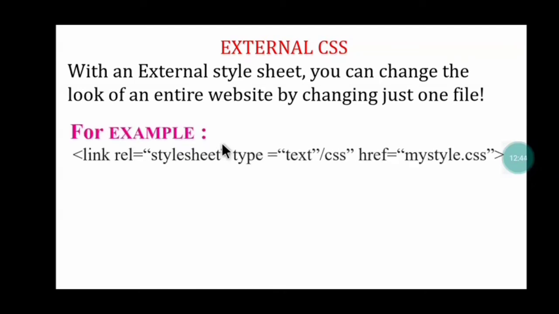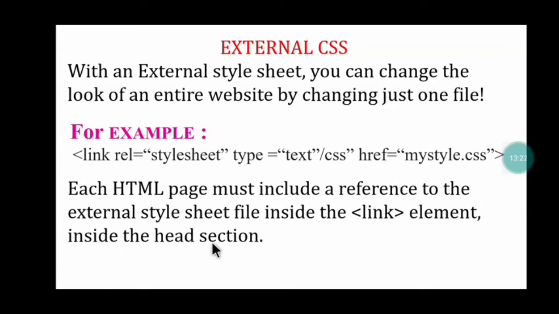You see the example now. For example, angular bracket link rel, we are going to use a link tag and the rel attribute, relation attribute, equals stylesheet, type equals text/css, because we are going to create a CSS file. href equals mystyle.css. This mystyle.css is an external file, because the external file has all the code you are going to create, that style will be included in this file. So that's why you create a separate file for the external CSS.